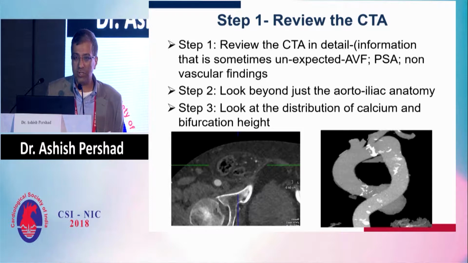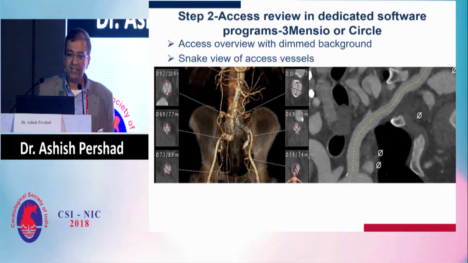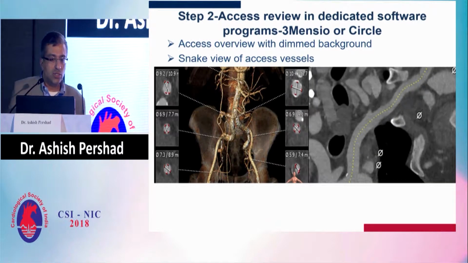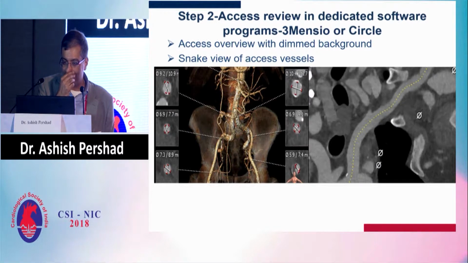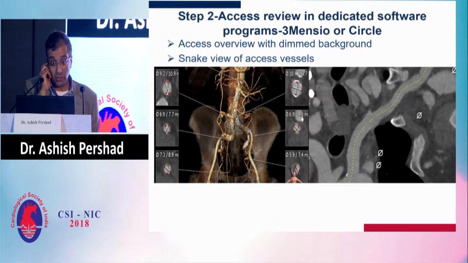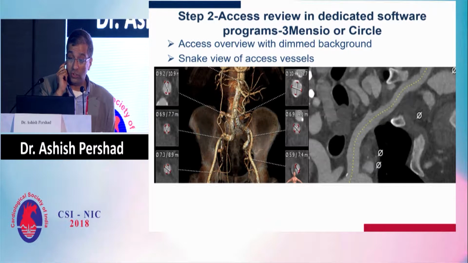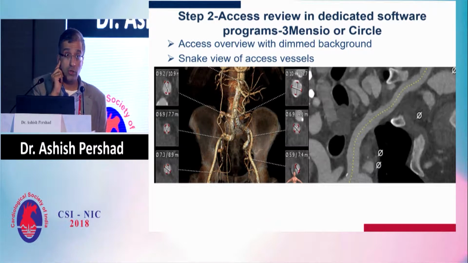Look at the CT yourself. The next thing is, luckily we have these dedicated CT software programs now, whether it's Terarecon or Circle, depending on which program your institution has. These are expensive. I think the overall software to download, at least in the US, Tremensio is a Dutch program, is close to $18,000 to $20,000 for a year for downloading it onto a computer, but it's well worth the effort for your institution to pay for maybe 1 or 2